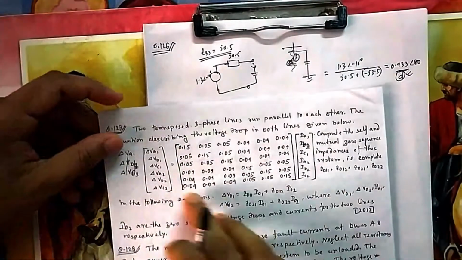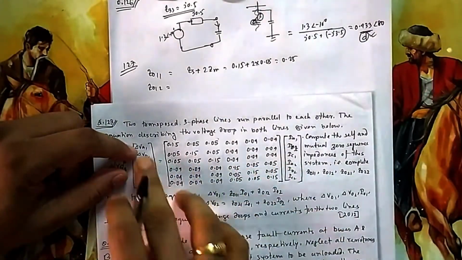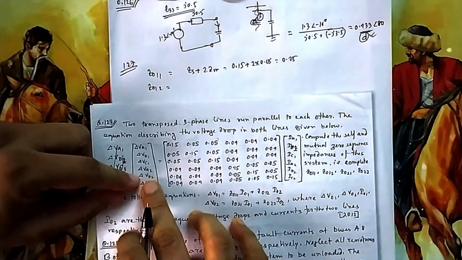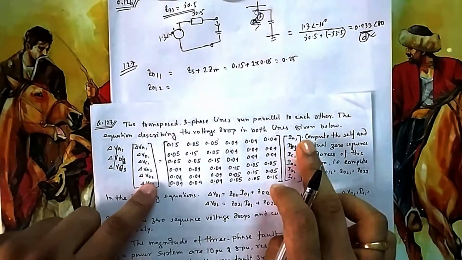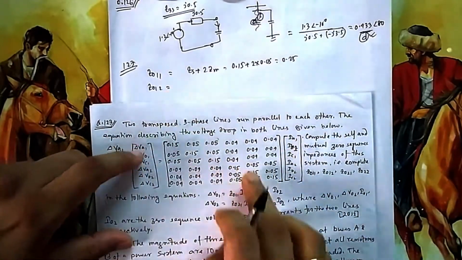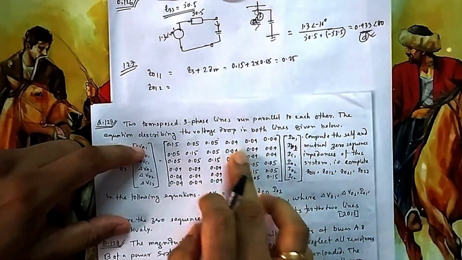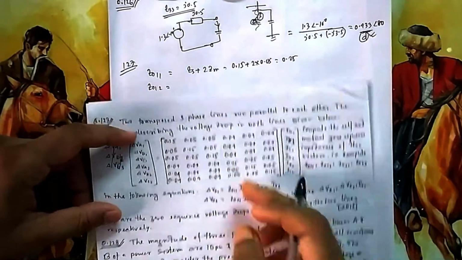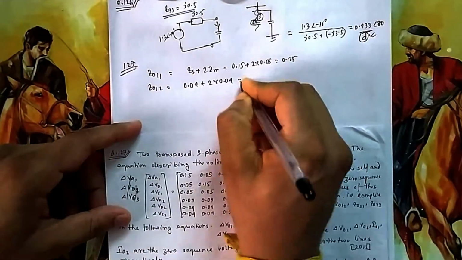Because it is symmetric, we will see. Now Z012, between 1 and 2. What is the relation between 1 and 2? This matrix is the relation. You can go by either this matrix or this matrix, because it is 2 and then 1. So B2 will be this into this, this into this, this into this. So either 2,1 or 1,2; here I am writing 1,2. So think about this matrix. This is connected to I1, I2, I3 by using this matrix, because B1 is this into I2, this into B2, this into IC2. So in this matrix, what is self? Self is 0.04, and what is mutual? That is also 0.04. So if you do this, it is 0.12.